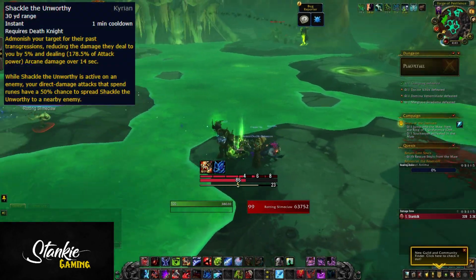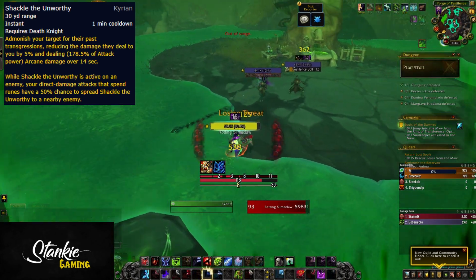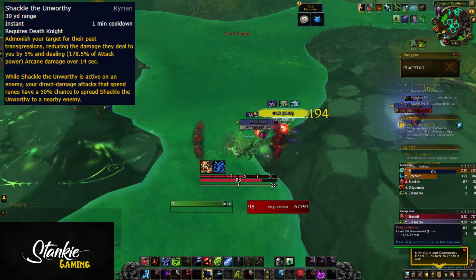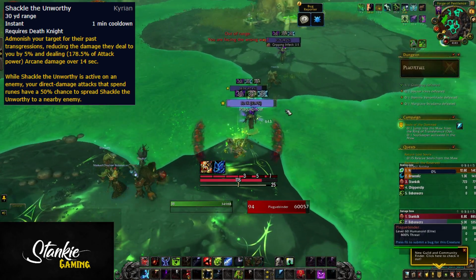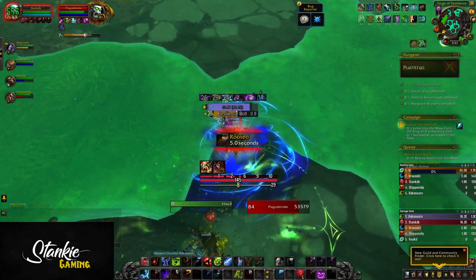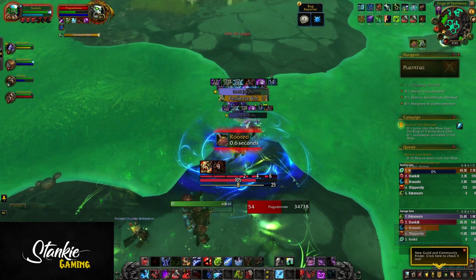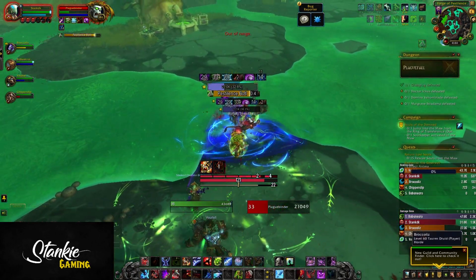And Kyrian's latest change, where it now has a 50% chance to spread when you spend runes on a direct damage ability, so Heartstrike mainly, makes it a lot better for AoE. You're actually extremely good on AoE. Damage is crazy, 5% DR on targets it's spread to isn't too shabby either. On single target, it's a bit worse off than before, but still more damage than all of the other covenants